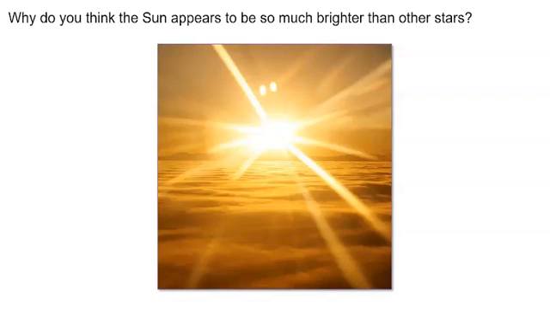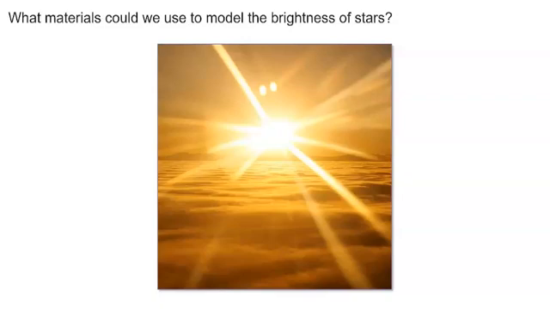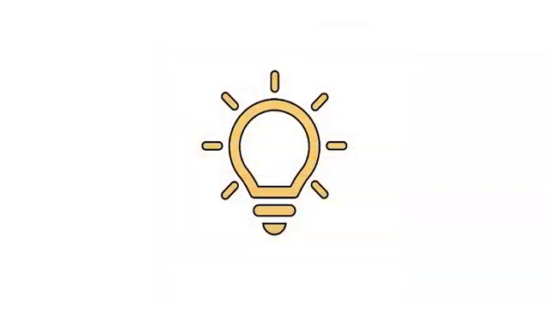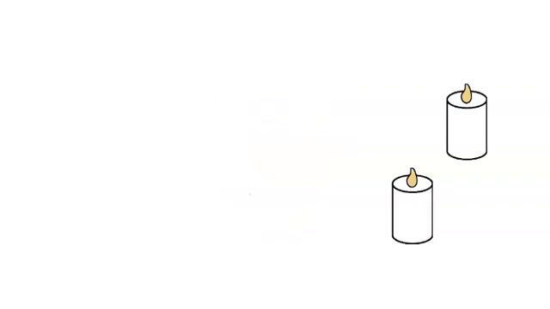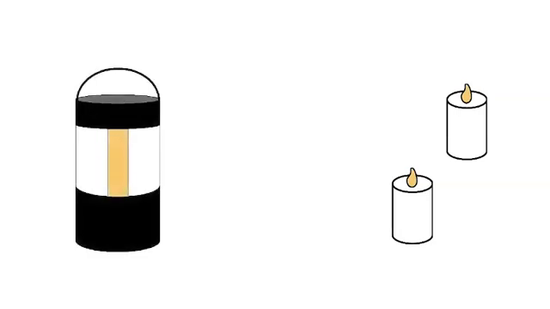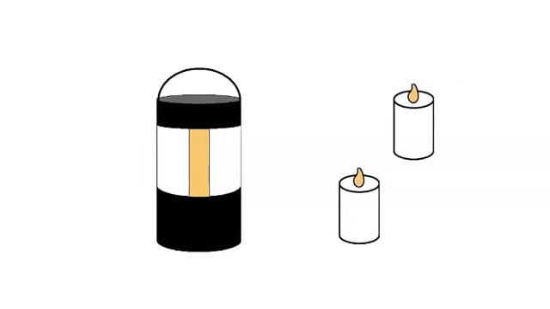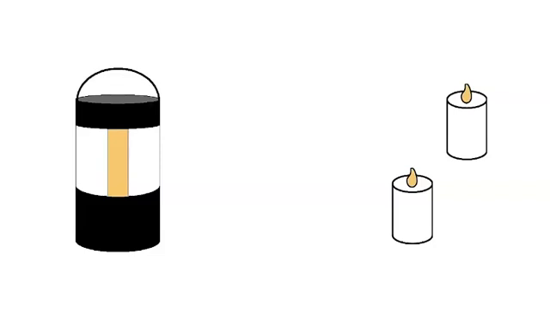I think a model might help us understand the relationship between distance and brightness. What materials could we use to model the brightness of stars? We will need multiple light sources for our model. What can we use? I know, we can use 2 LED candles to model 2 stars that are the same brightness level. And we can use the lantern from our space view model to model a star that is much brighter. We can move the light sources closer to us or farther away from us and observe how distance affects